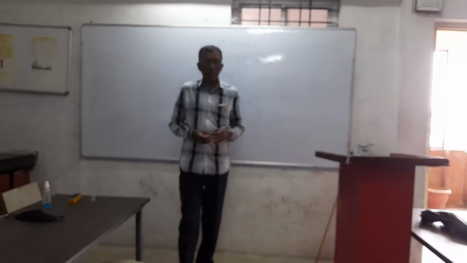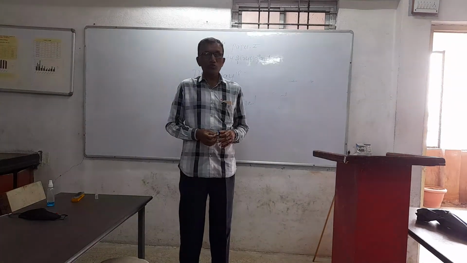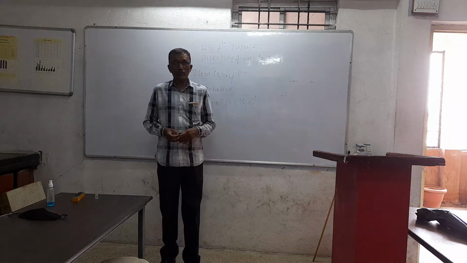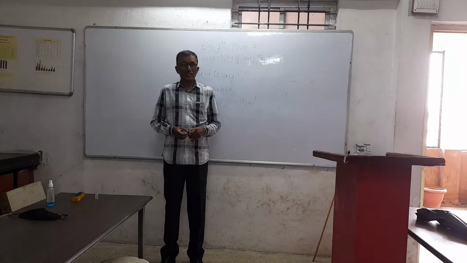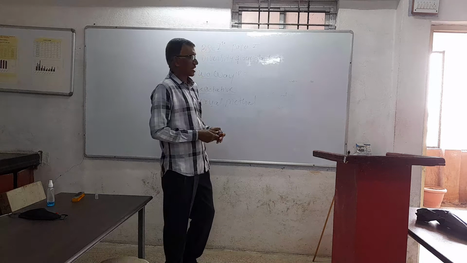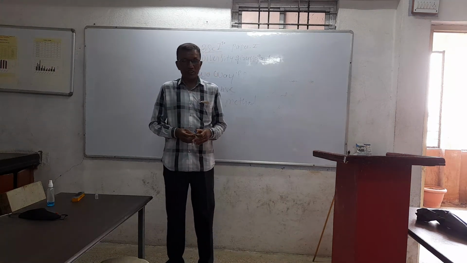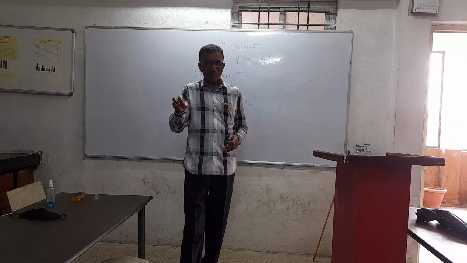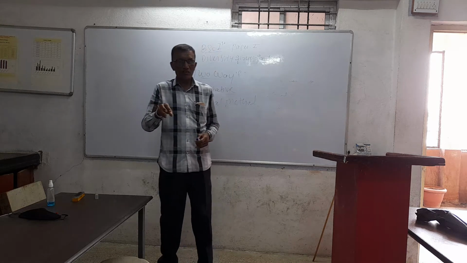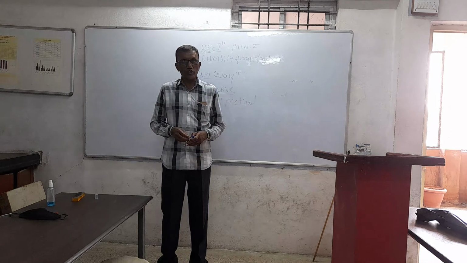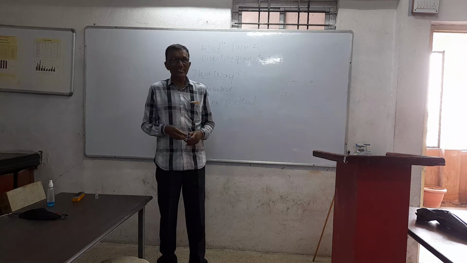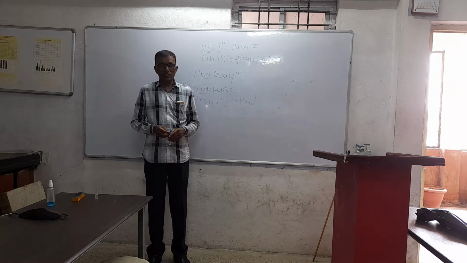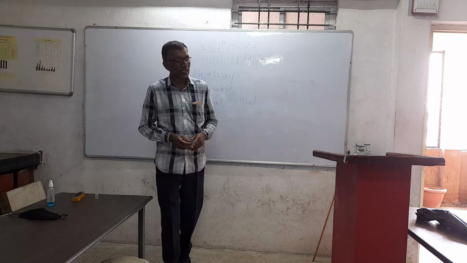After formation of male gametes and female gametes in the respective reproductive bodies, the process of fertilization starts. Here the male gametes are motile. These motile gametes, in search of female gametes, as soon as the released male gametes come in contact with the oogonium, only one male gamete enters into the oogonium, and then there is a fusion of male and female nucleus. That process is known as fertilization.